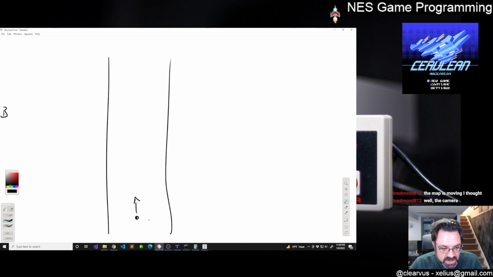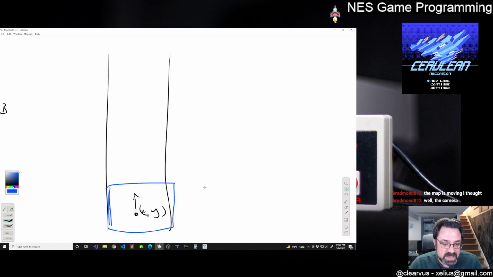So the ship has a position in the world, some XY position, and we have our view into the world, which, like we talked about, is the camera, which really just translates to what part of this map we see. It's always this little one screen amount of content. But from the perspective of the hardware and the NES and what we're drawing, that translates to